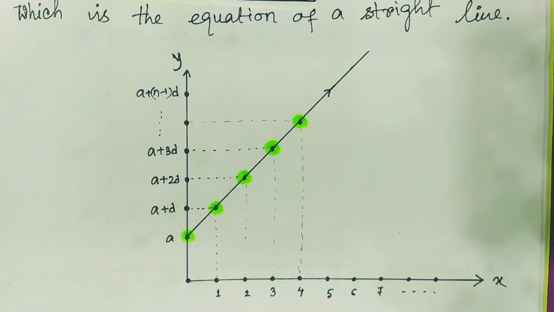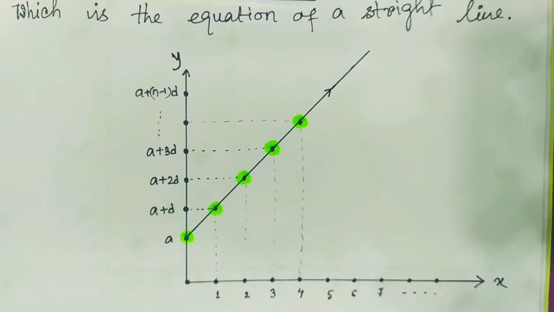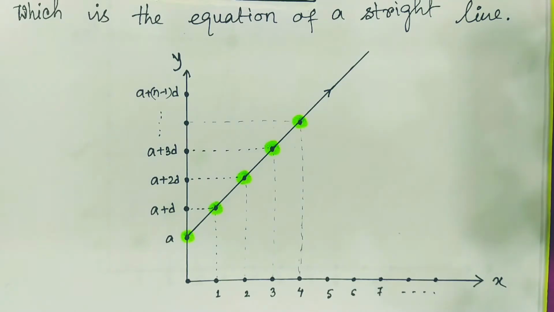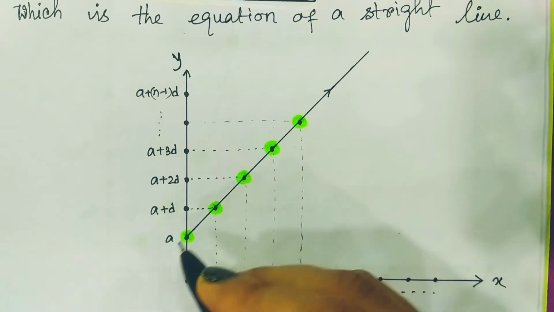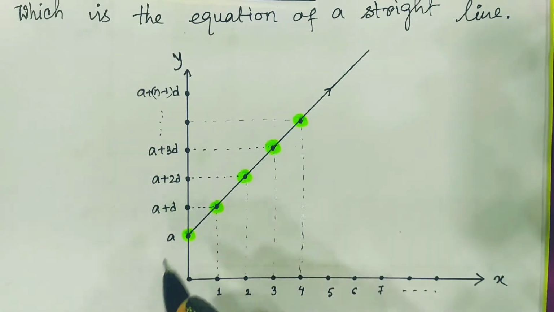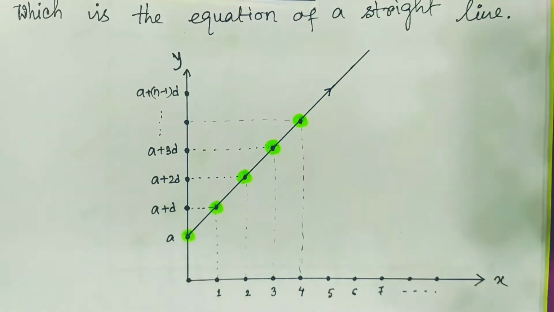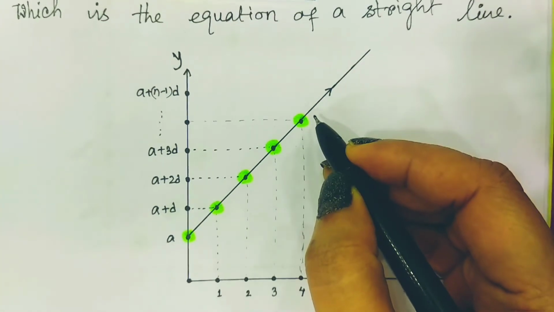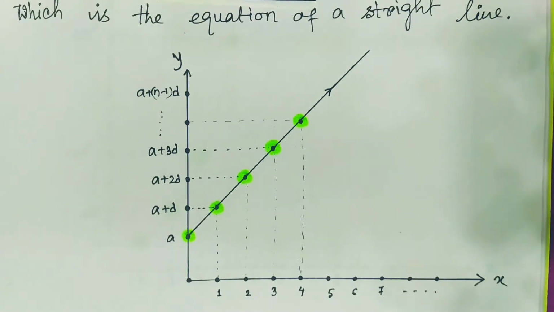But just remember, any straight line or curved line is a continuous form, whereas in the AP series we only consider the points. So it is the discrete case, but its representation is in the form of geometry. Conversely, can we say that any straight line means it is an AP? Yes, if on a straight line we consider equispaced points, then we can say this forms an AP, arithmetic progression.